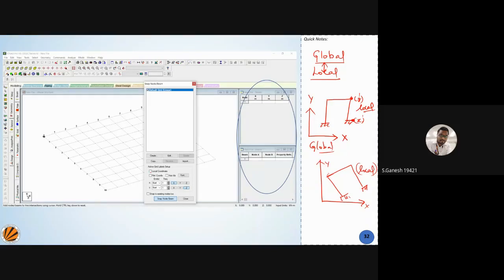For that purpose, we need to identify whether it is local or global coordinates. When you apply loads, you see global coordinates and local coordinates when you work with the structure. Those who have worked on STAAD Pro might be aware of that. But at beginner level, you can just note down the concept of local and global coordinates.